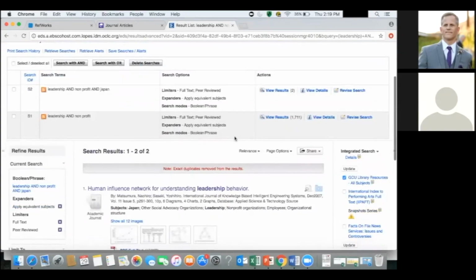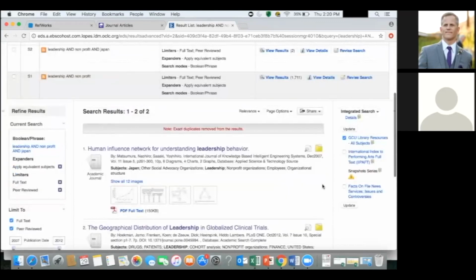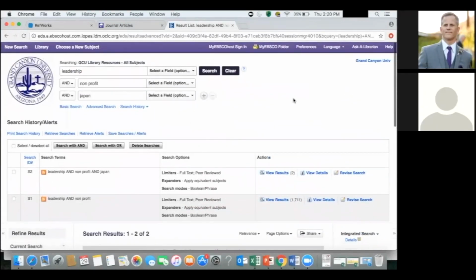And the way to do that is scroll down to where the results are. Off to the right of the title of each article, you'll see 2 icons. One is a piece of paper with a magnifying glass, one a blue folder with a white plus sign. Click the blue folder with the white plus sign for each of the articles you have in your results. You'll see they turn yellow, and it looks like there's a piece of paper in the folder, so you've selected that article. Scroll to the top of the browser window, all the way to the top, and you'll see a purple bar, and on the right-hand side, an icon for a folder that says My EBSCO folder. Click on that,